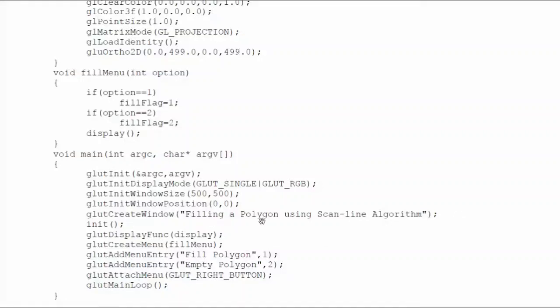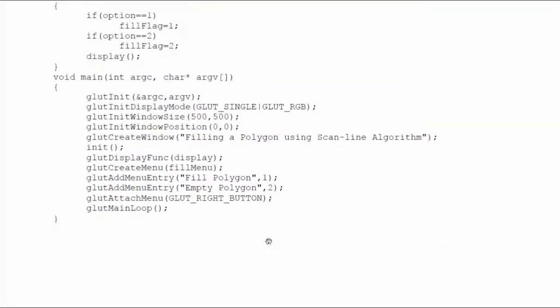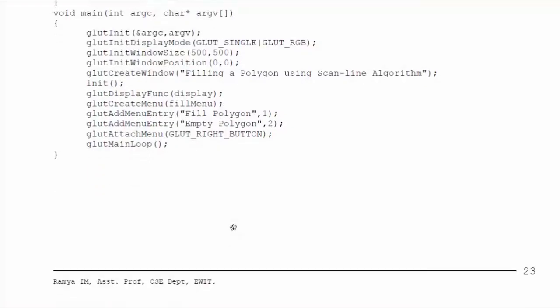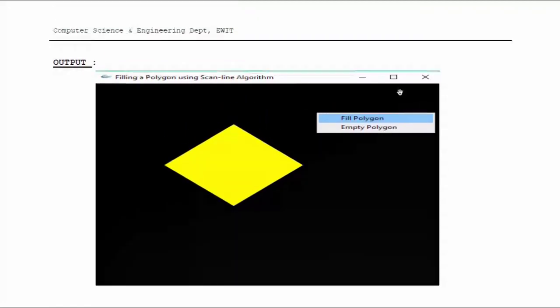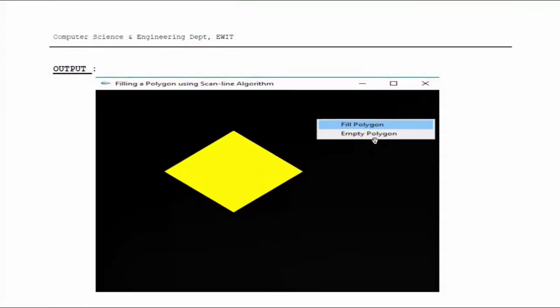Okay, filling a polygon using the scanline algorithm. So here we are just naming the window, output window, that's it. For that reason we are using that function. So here there are two options, right?